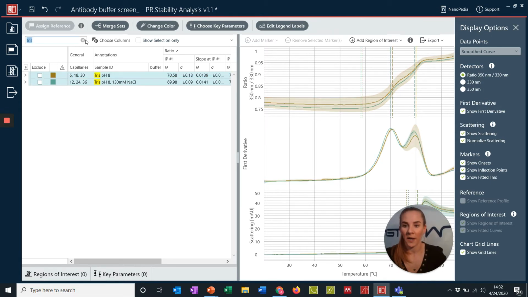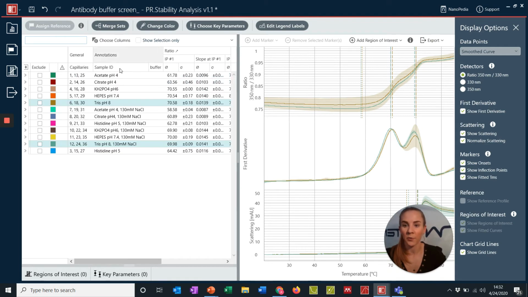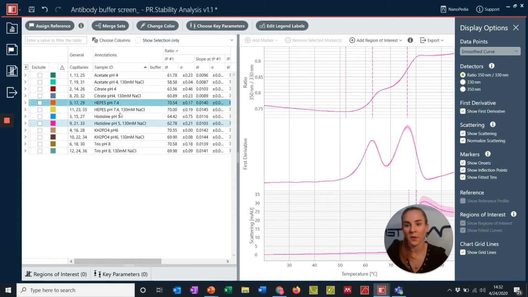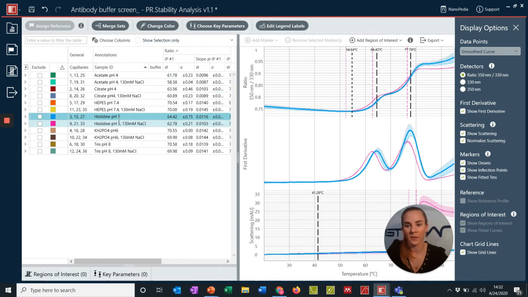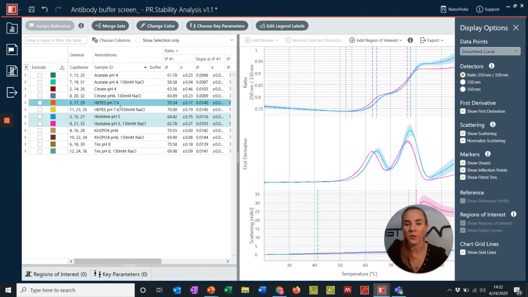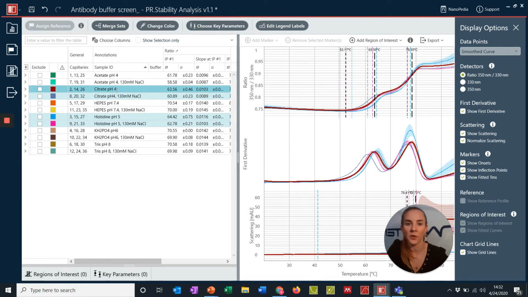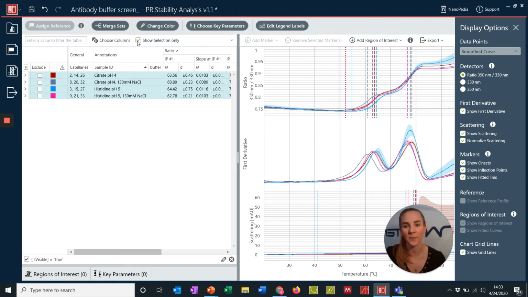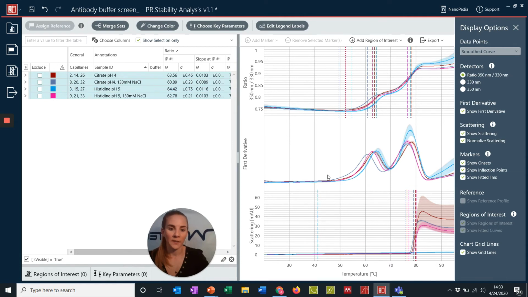Another option that you have for filtering your data quickly would be to simply select these samples based on a specific parameter that you want to visualize. What you can do is hold down the Control key on your keyboard and then just click through the samples that you want to make a direct comparison on. Now we just want to look at these samples, so we'll go ahead and select Show Selection Only. So now we're just seeing the samples that we care about,